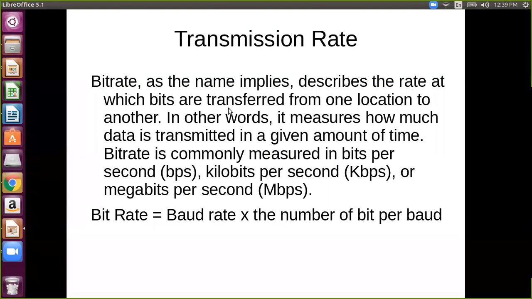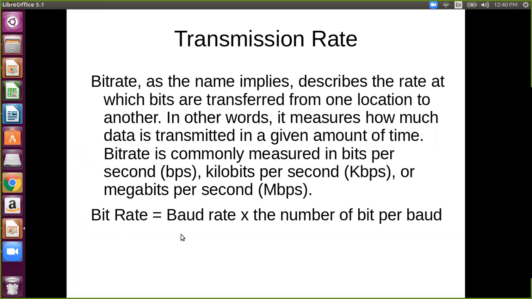The bits are transferred from one location to another, so the number of bits transmitted from one location to another per second is the bit rate. It may be kilobytes, megabytes, etc.